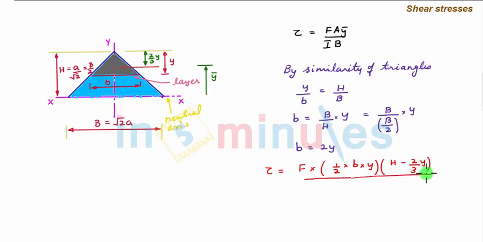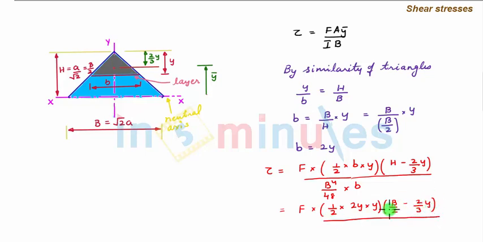This whole upon your I, which is given as B to the power 4 by 48, multiplied by b, which is the width of this layer and is given as b. Now upon substituting the value of b as 2y and substituting the value of h as capital B by 2, we have shear stress is equal to F into half into 2y multiplied by y into capital H, which is capital B by 2 minus 2 by 3 of y, this whole upon B to the power 4 by 48 into b. So upon simplification,